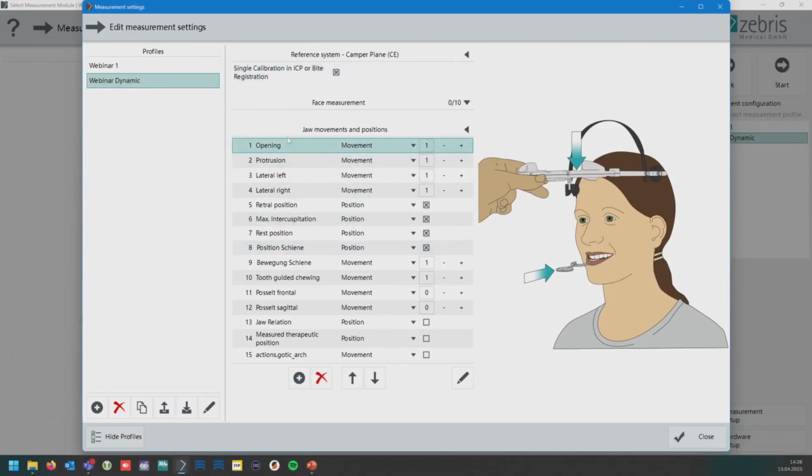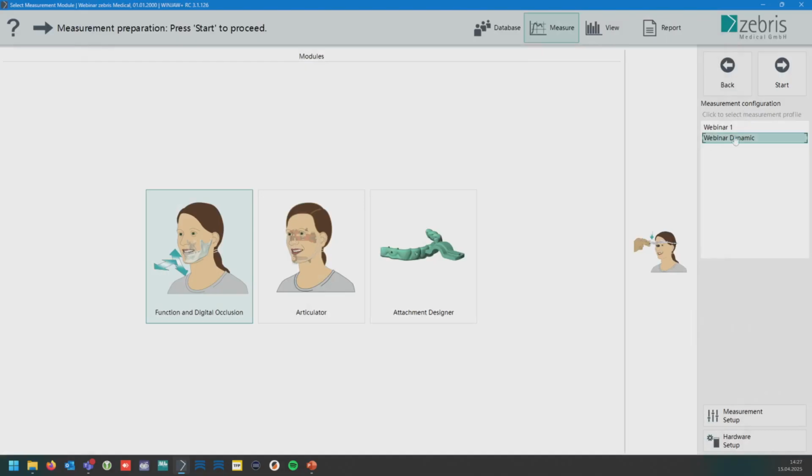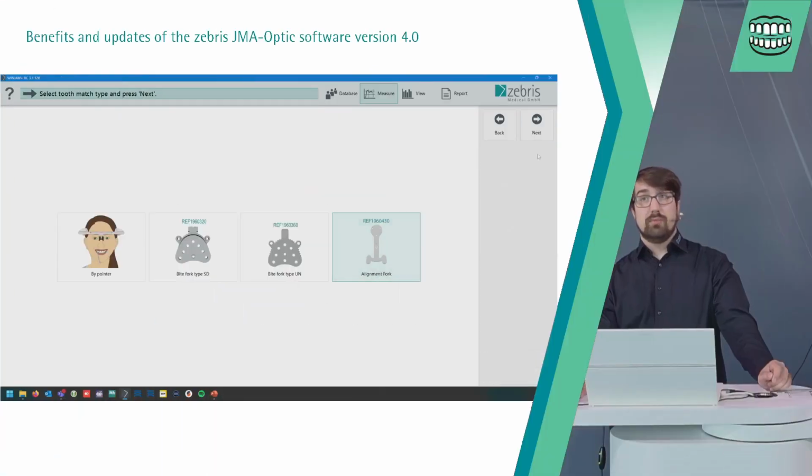We have the classic opening, protrusion, left, right first, then our positions, and I have here the position of a splint and the movement of a splint. Then our tooth-guided measurement, and everything you like you can add here, of course. So, let's start this measurement.